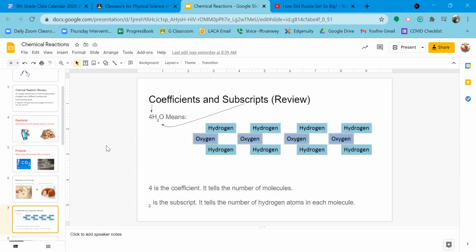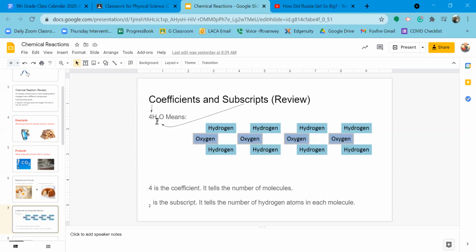We need to review really quickly, again, coefficients and subscripts. This is going to become more important as we go forward, but the coefficients tell me how many of these chunks I have, how many molecules I have. I have 1, 2, 3, 4 water molecules. And the subscript tells me how many hydrogens are in each. I have 1, 2 hydrogens in this one, 1, 2 in this one, 1, 2 in this,